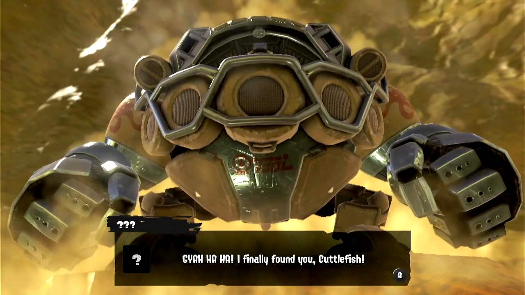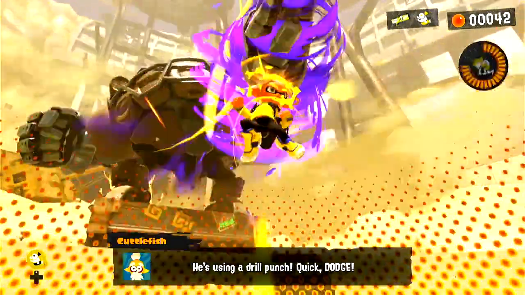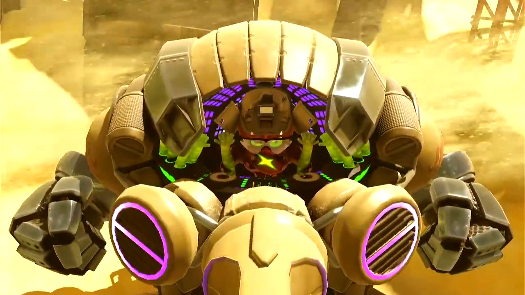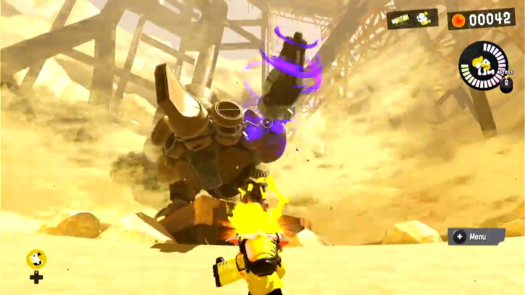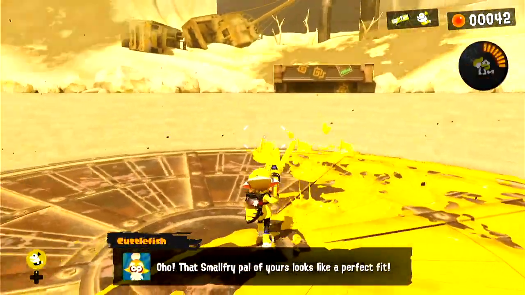Now we're at Octavio, who is basically done normally other than using splashdowns to hit back the hands instantly. And also, small bug that saves time, save a splashdown for the start of phase 2, where he would usually do a long bit with an ink vac, but if you hit back the drill punch with a splashdown,